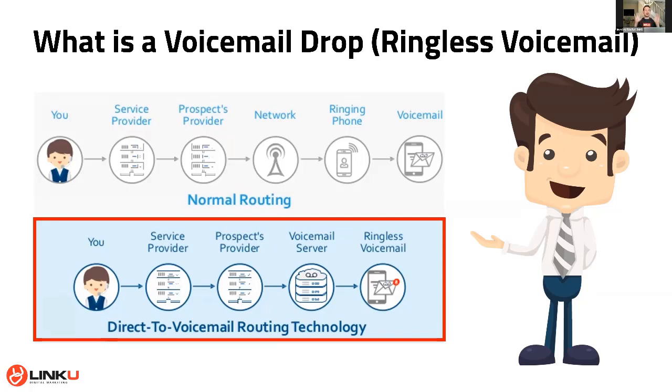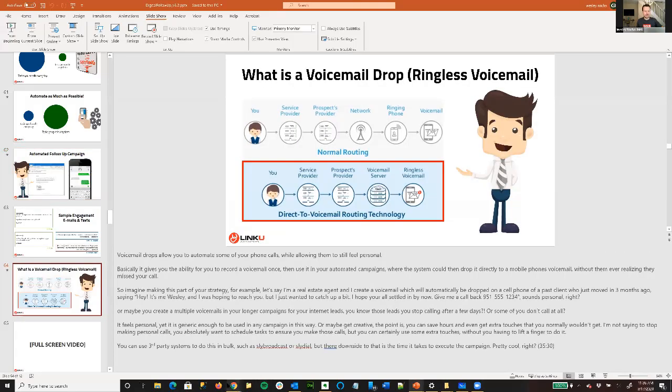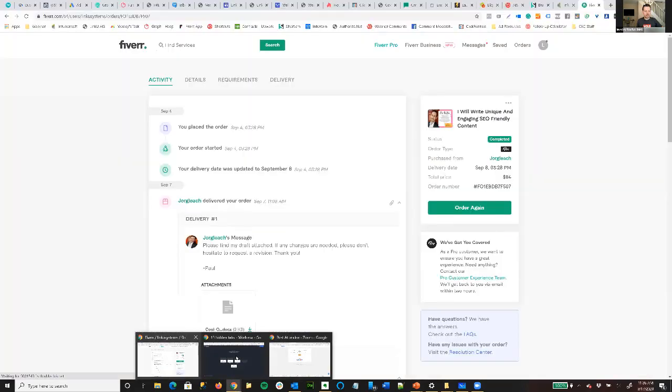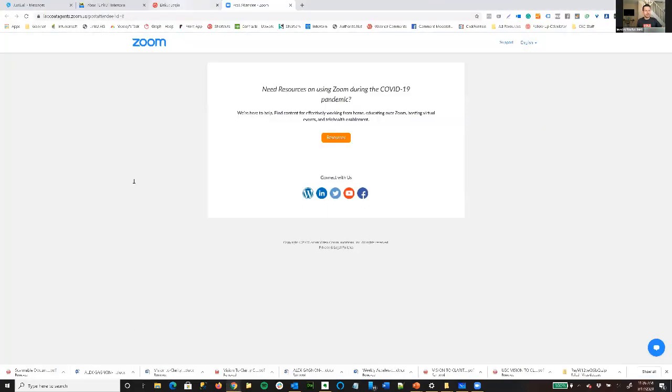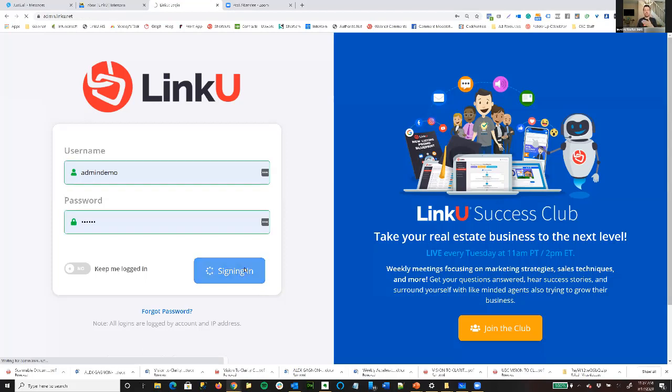But if you want to do it manually or you want to do it through a service, if you just literally search Google for slide voicemail or voicemail drop, anything like that, you'll find, ringless voicemail, exactly. You'll find different services. All right, and like Tristan was saying about the referral thing, we just don't recommend saying it on our voicemail, text, or an email.